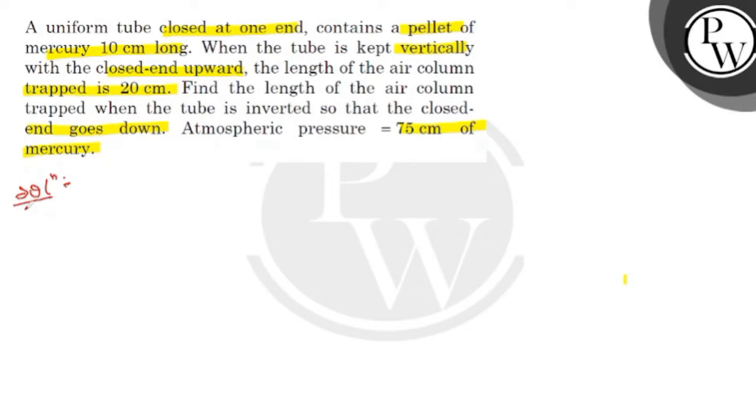For the first case, our air column is closed from the upward direction, just like this. And here is our mercury pellet whose length is 10 centimeter. And this is 20 centimeter. Let the volume here be V1. Okay, for the first case,